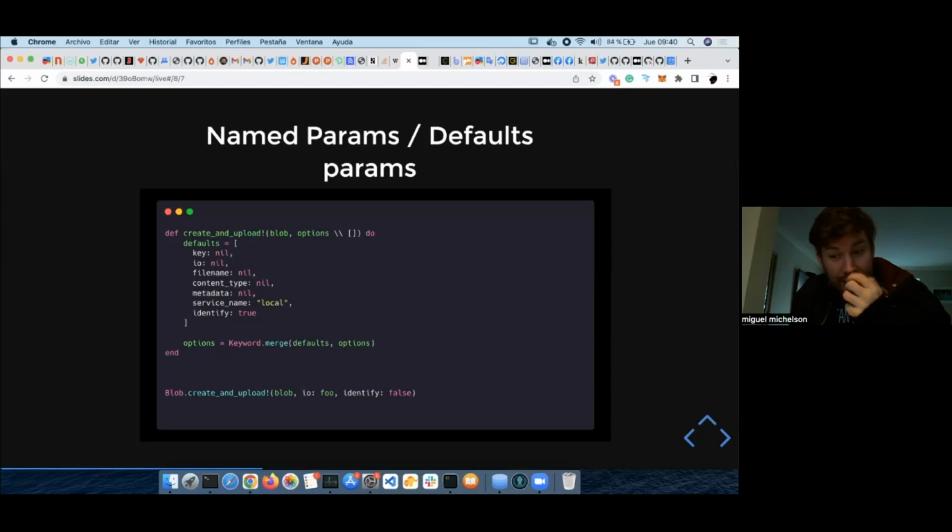So this is a little pattern that I've found in which you can use an empty list as a default parameter, then fill the keyword list with defaults and merge that into the options, so you can use it as if it were Ruby. When you translate actual Ruby code, this will be really useful.